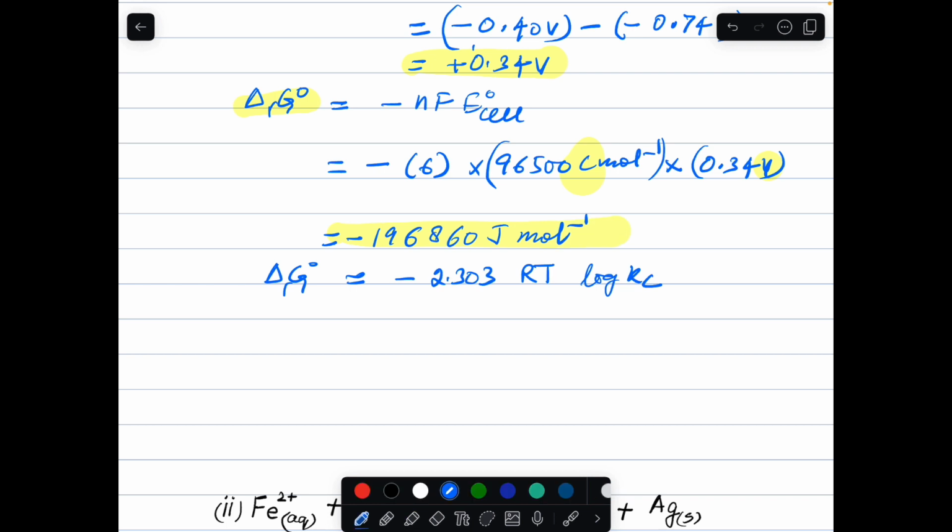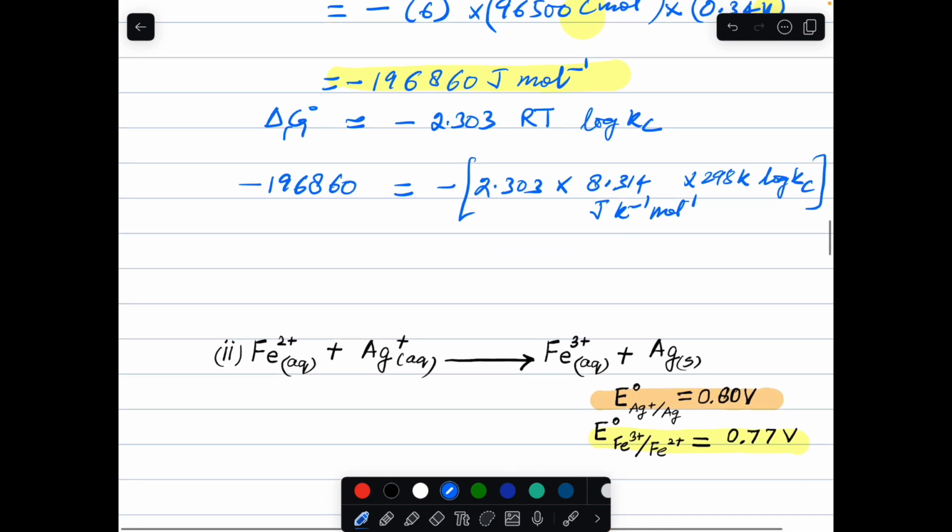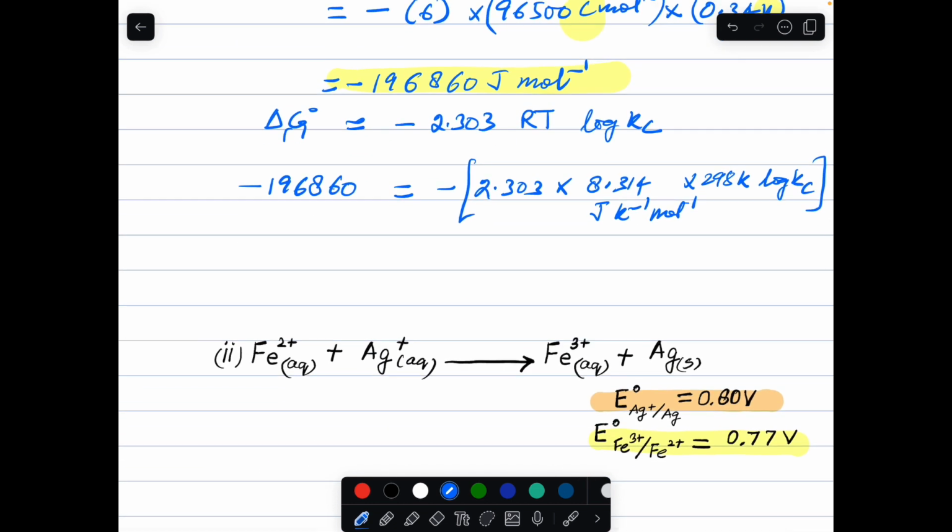It is minus 196860 is equal to minus 2.303. Then we have to multiply it with the value of gas constant, which is 8.314 joules per Kelvin per mole, multiplied by 298 Kelvin temperature, log Kc. Okay, this is the calculation, and then we will find out the value of log Kc after simplification as